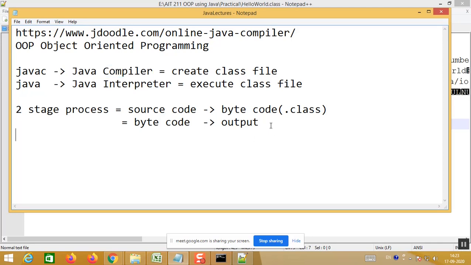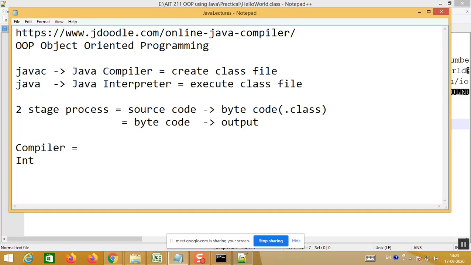Now what is the theoretical definition? If someone asks you as a computer science student what a compiler is, one more thing I would like to tell you: whenever I take a lecture, keep a note ready with you, any rough book, so that you can note down small things. So what does compiler mean and what does interpreter mean?